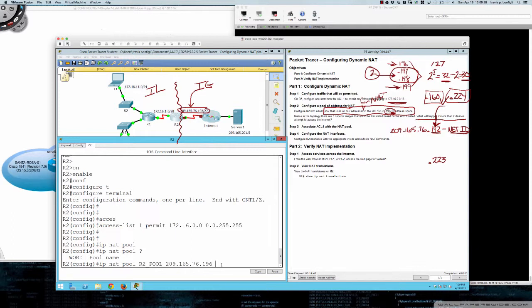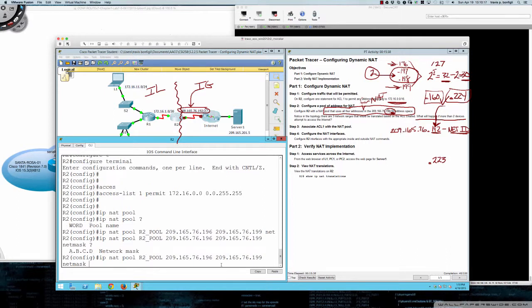Now, what would be my ending, the last inside global IP address in this /30? Well, it's going to be 209.165.76.199. Just because I've put those as the starting and the ending IP addresses, does that mean that those 2 addresses, 196 and 199, are available to be assigned and used in the pool? So my first translation that goes out, is that going to be given 196? Because keep in mind, what follows next is the net mask, so I need to put the network mask in here. Well, for a /30, it's